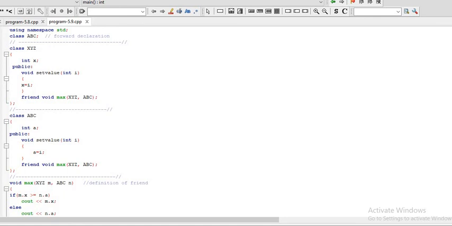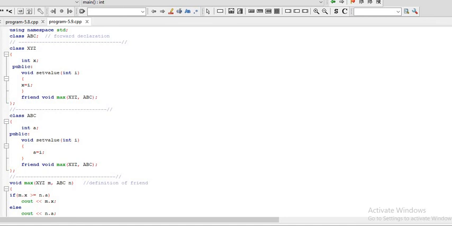Biggest of two numbers. One is from one class and another is from another class.